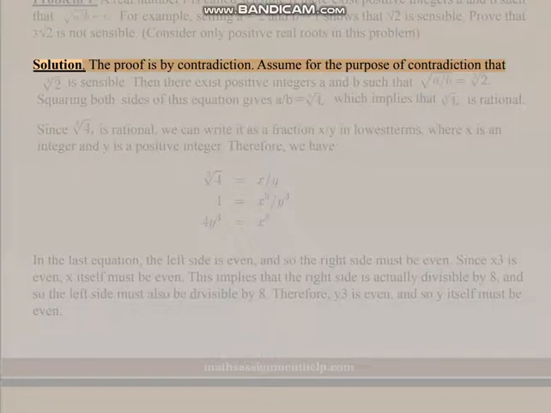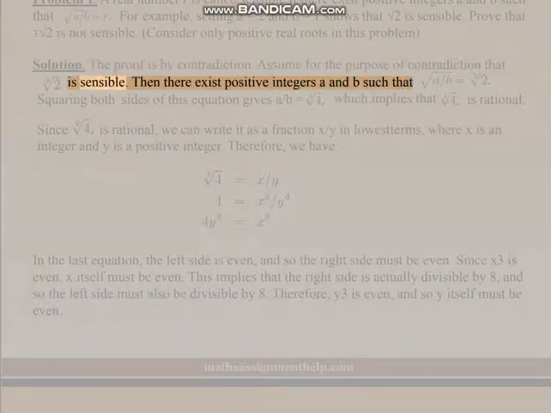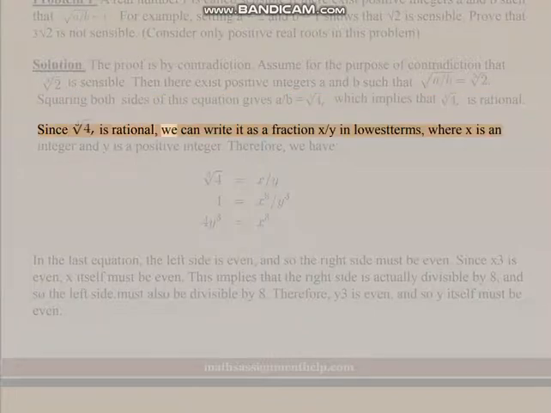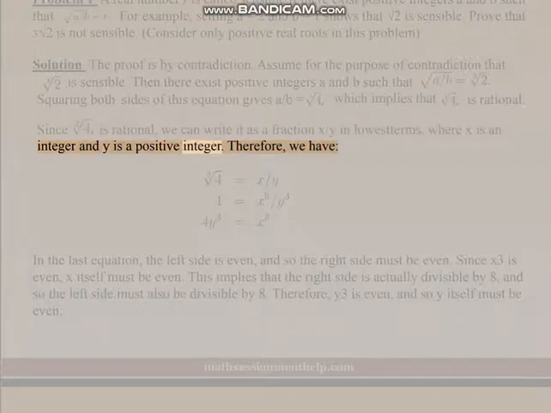Solution. The proof is by contradiction. Assume for the purpose of contradiction that the cube root of 2 is sensible. Then there exist positive integers a and b such that squaring both sides of this equation gives us a/b equals 2^(2/3), which implies that 2^(2/3) is rational. Since it is rational, we can write it as a fraction x/y in lowest terms, where x is an integer and y is a positive integer. Therefore, we have